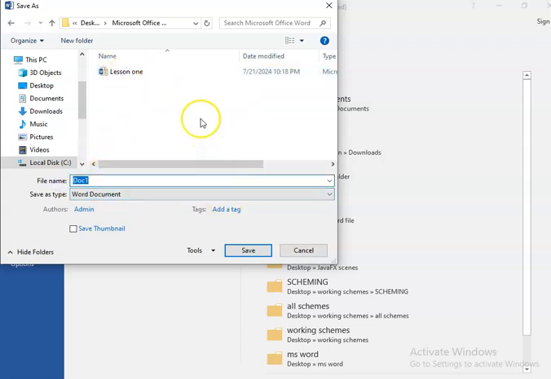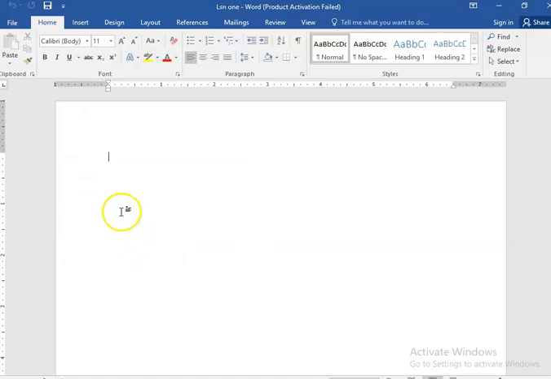Now I want to create another new document. Let me call this one lesson 1, or just LSN 1 for lesson 1, simply that way. And now from there, I'm going to click here on save. And once I click on save, it's going to save this file, the file which we opened, as LSN1 inside our directory. So let's go, and there we are. Our file is now called LSN1